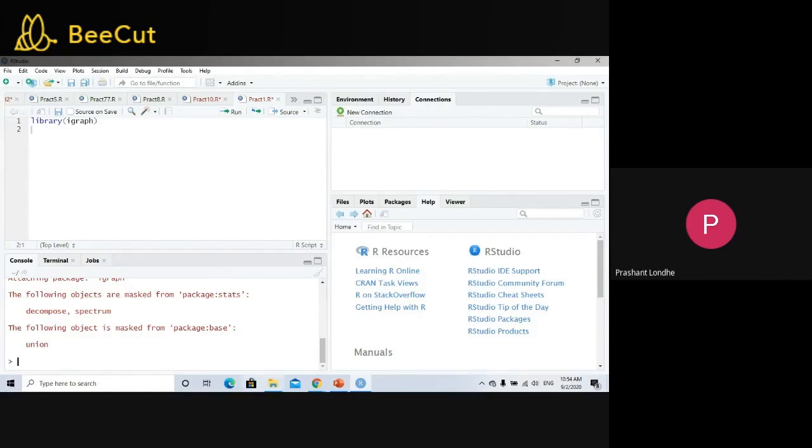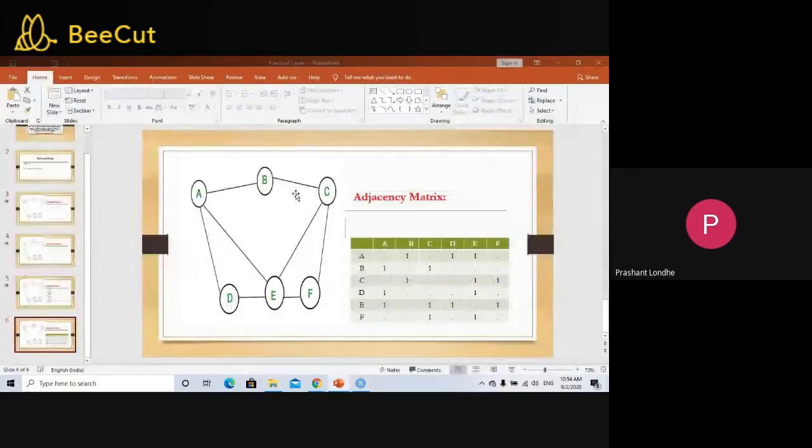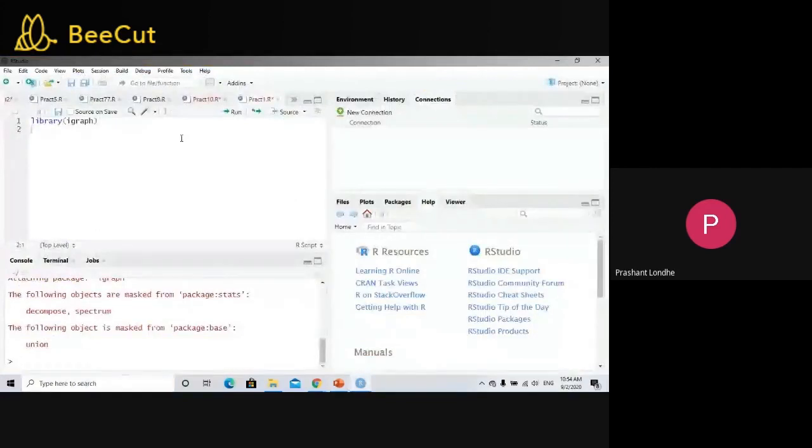Now I want to draw a graph. Just see, I want to draw this graph. So for plotting the graph, what I will do, I will declare the variable. Here, instead of equal to sign, you are supposed to put an arrow. Okay, this arrow should point toward the variable. Just remember this thing. This arrow should point toward the variable.